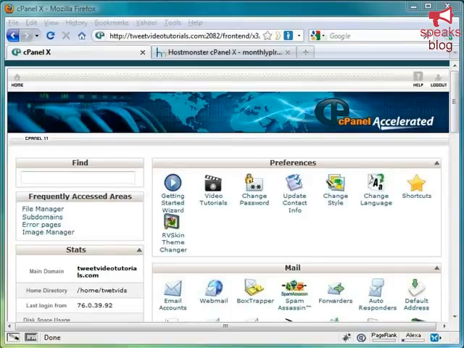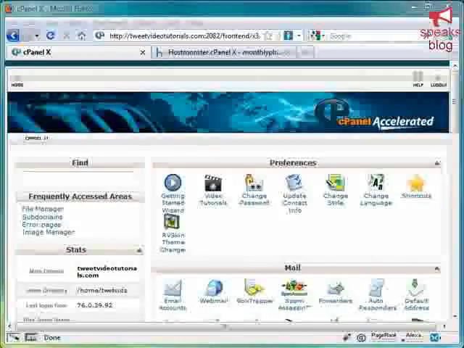Yay, we're finally going to install our WordPress blog. Now, there's a couple of ways you can install your blog, and that's the easy way and the, well, not so easy way, the automatic way or the manual way. Now, the manual way is set aside for those folks that do not have a cPanel style control panel